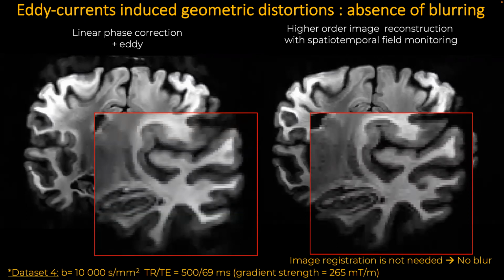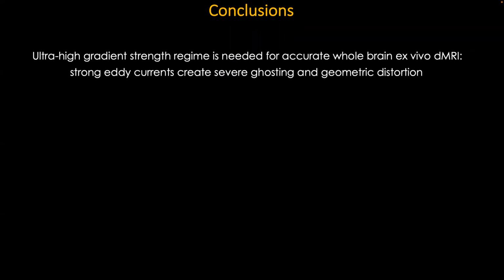As we can see here on the image on the right, with our high order image reconstruction technique, this is not a problem because it's a one-step approach, and all of the information is incorporated in the reconstruction step. As a conclusion, we have demonstrated here that ex vivo diffusion MRI requires advanced model-based reconstruction to deal with